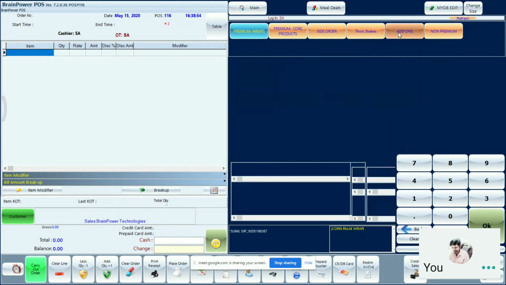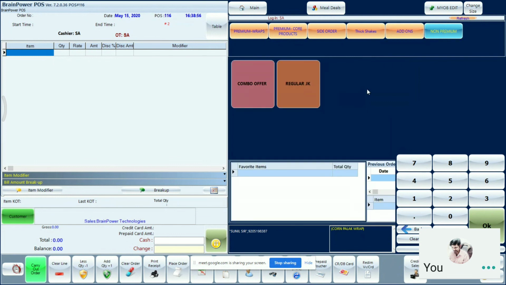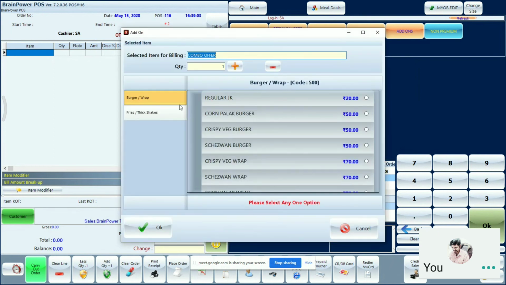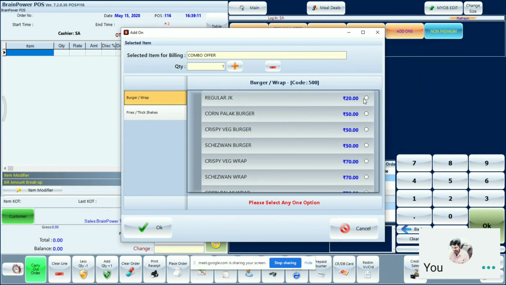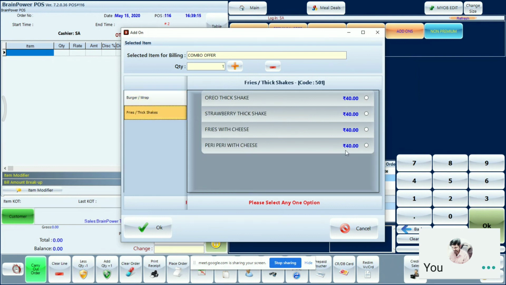So here, if you want to see the add-on, one add-on offer I have configured here. Like under burger, this many options are there, and under Thick Shakes, this many options are there. If I select any burger, for 50 rupees this option is available. Select any one. Okay, I am selecting the Oreo shake.